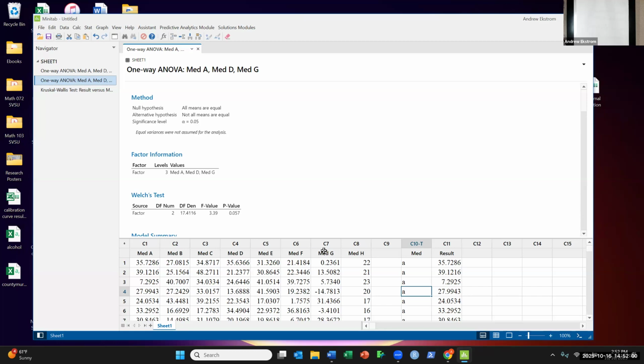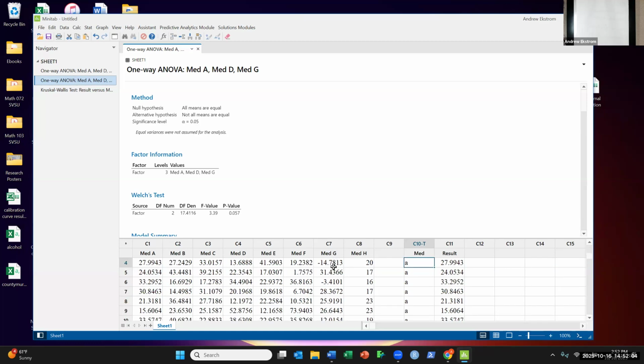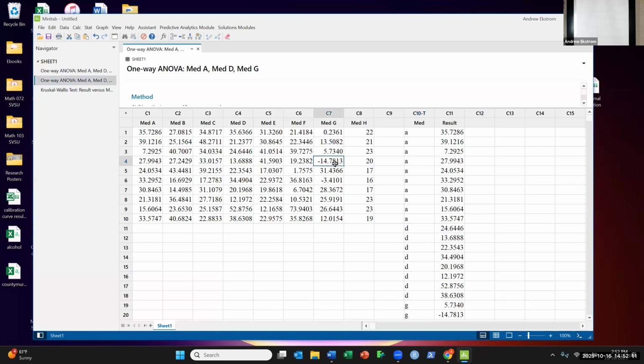Another thing that you get to do, which is really annoying, is if you look at medication G and the data for it, you've got some values here that are negative. If we're talking about a medication, and let's say this is some sort of an effectiveness score, and we're looking at,